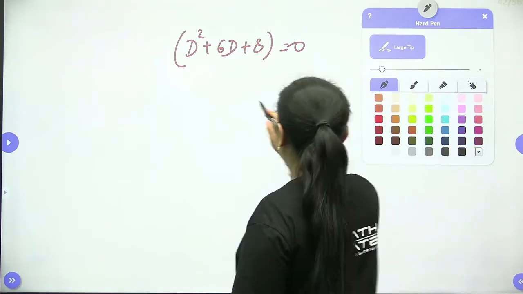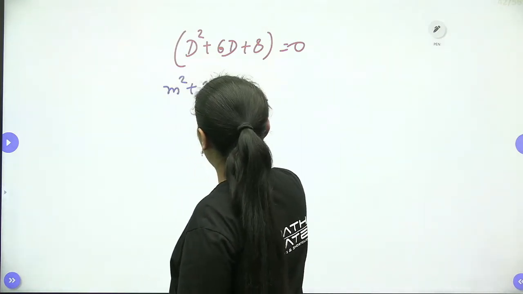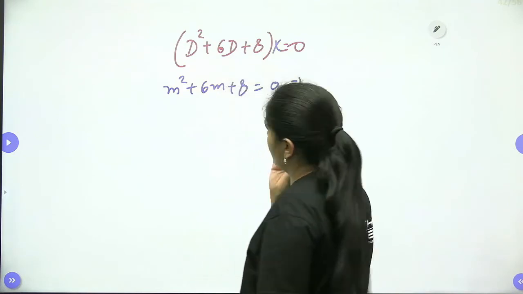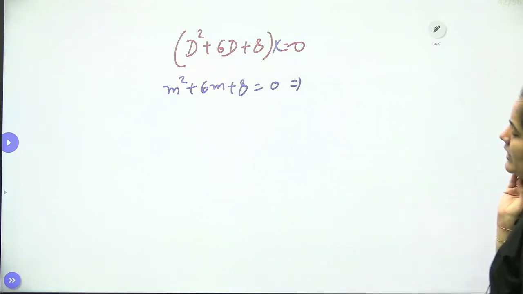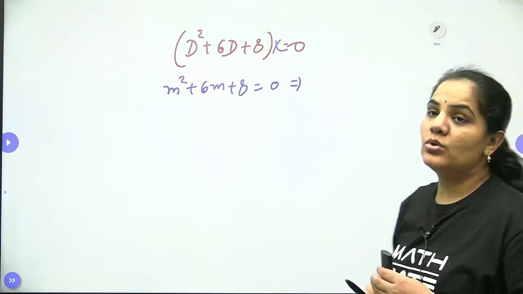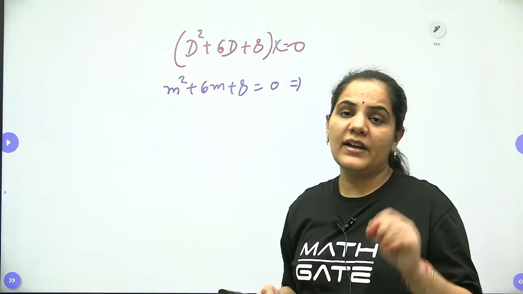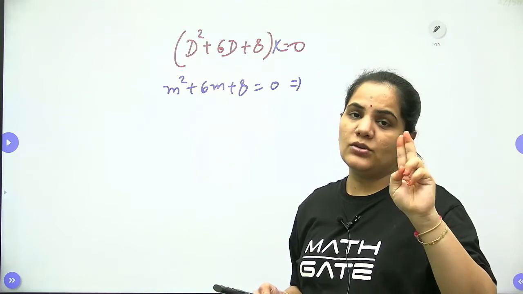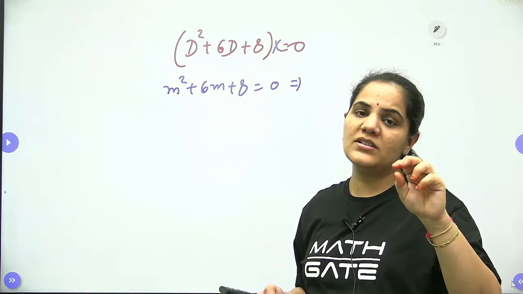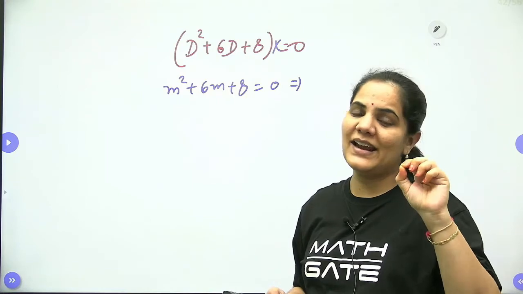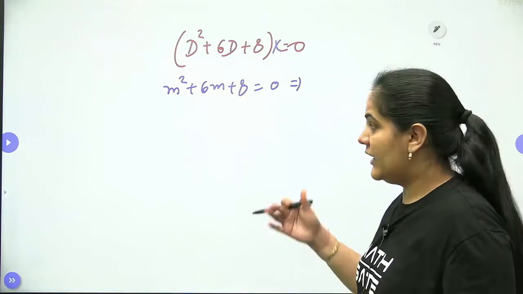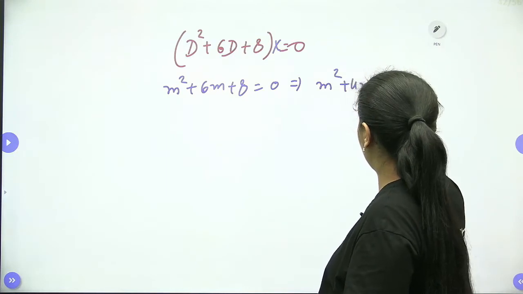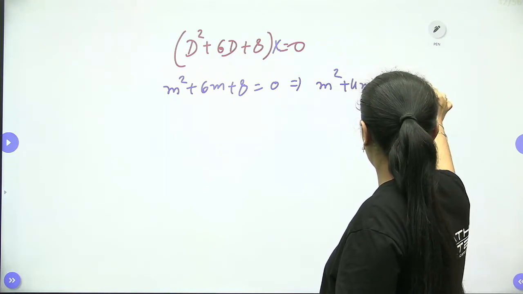We have to find the auxiliary equation. It will be m squared plus 6m plus 8 equals 0. So I have to write down m squared plus 6m plus 8. I have to do the factors of 8, where I get 8 by multiplying. I have to consider those two numbers whose multiplication will be 8 and addition will be 6. It will be 4 and 2, right? It will be m squared plus 4m plus 2m plus 8 equals 0.